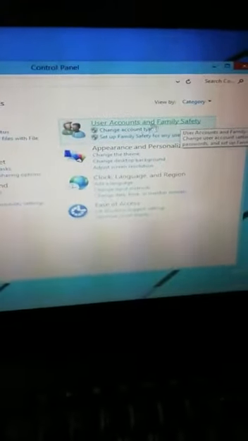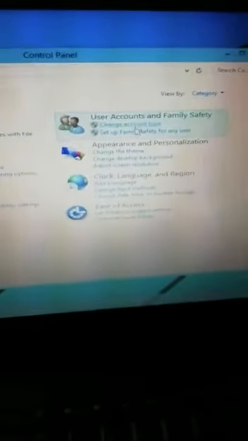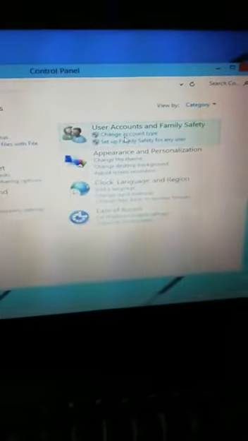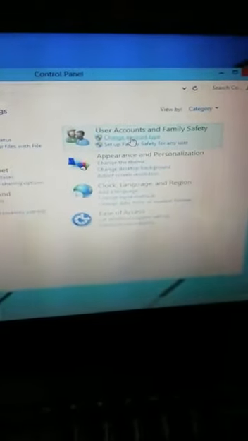Just below this there is another option, change account type, so we need this. We have to click this. By clicking this, such a window appears. In this window we need to change the password. Here the accounts appear, meaning how many accounts are in your computer system.